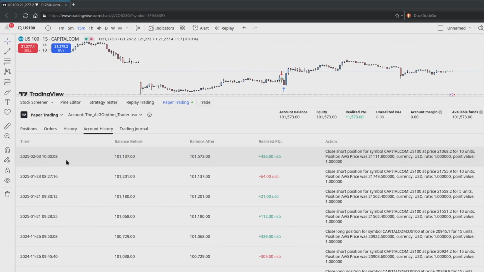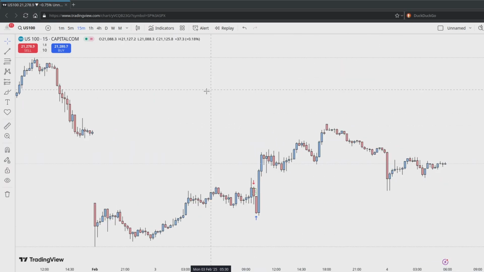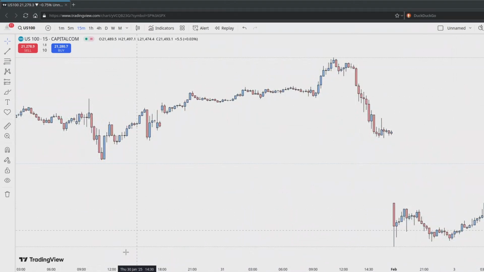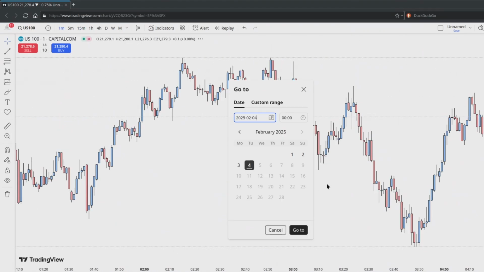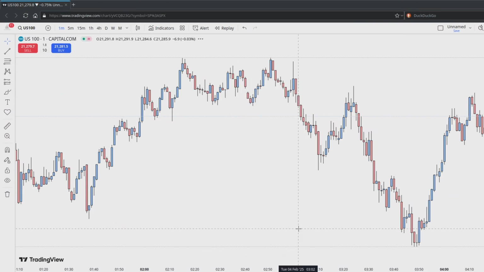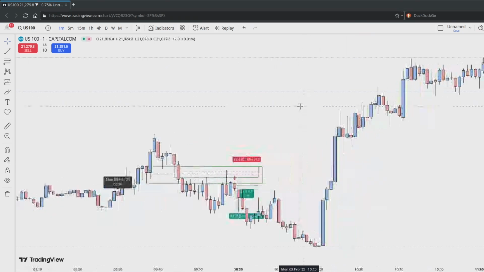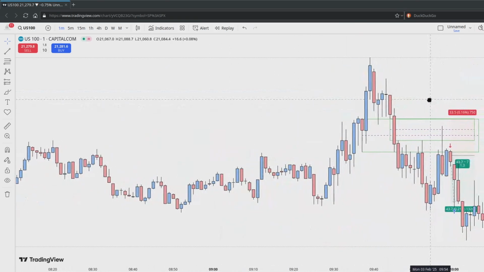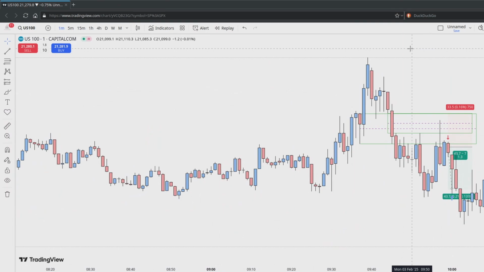This was yesterday. There you go. Adds up to $1,500. Paper money. Doesn't matter. When I trade this thing, I trade it as if it was a live account. Otherwise, you're wasting your time and you're not learning anything. Treat it as a live account, and I take positions